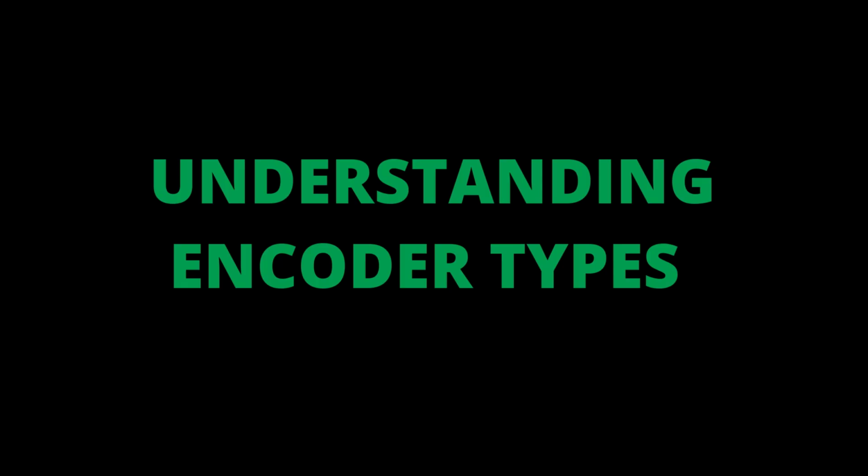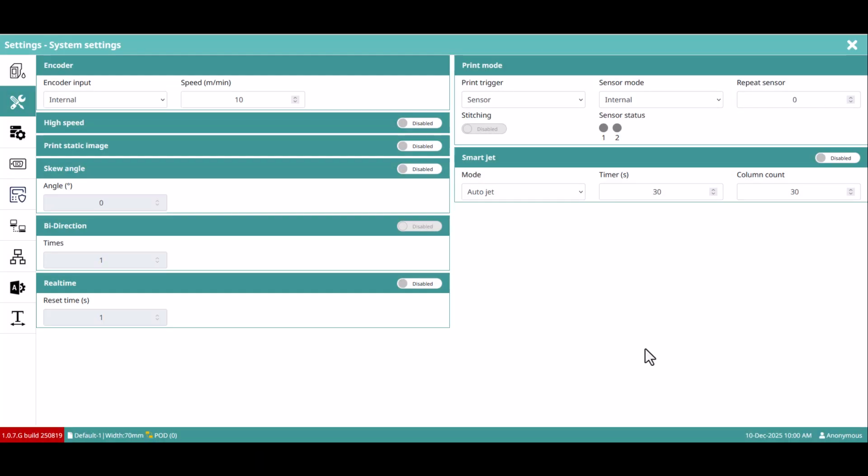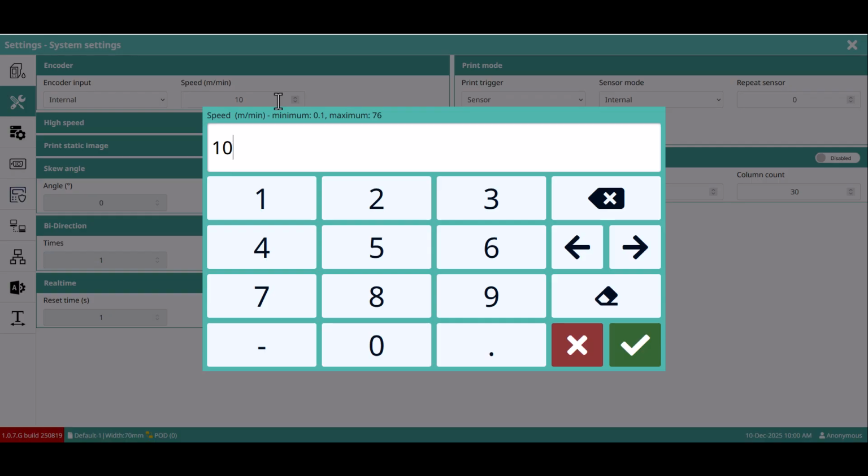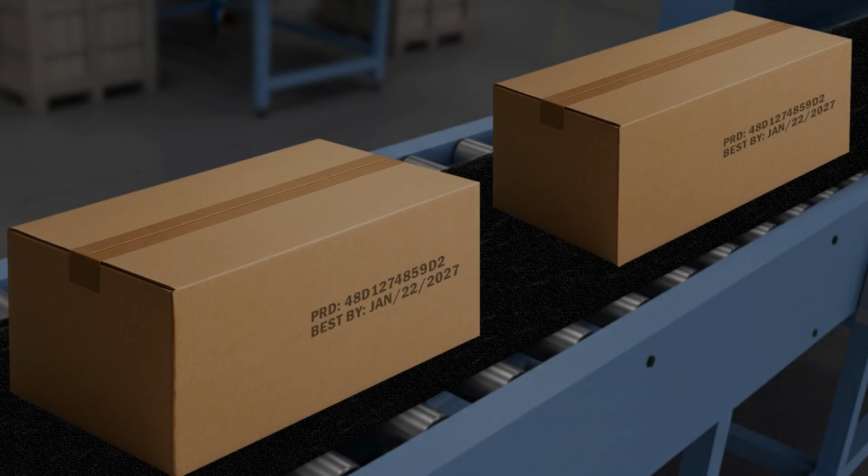Understanding encoder types. The TS series controllers support two encoder types, internal and external. The internal encoder uses the controller's built-in speed calculation system, allowing you to set a fixed speed value. This is useful when products pass the printhead in a predictable fashion, such as with a conveyor where the speed